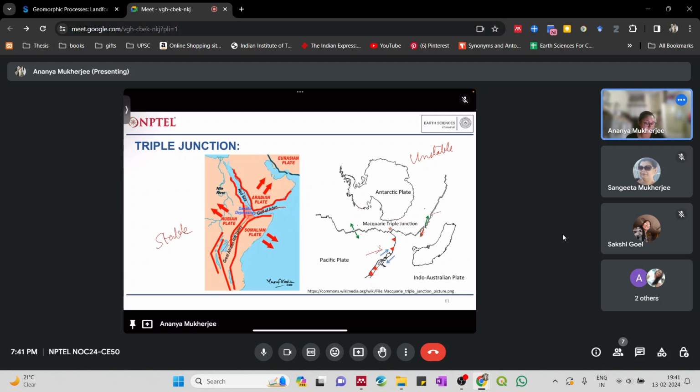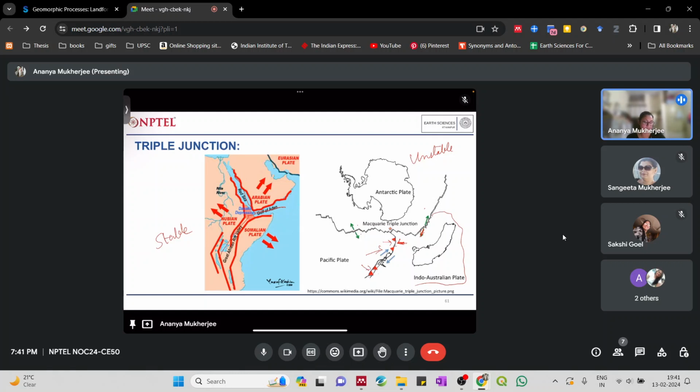Okay, suppose this plate is only present till here. What will happen with time is, over here this plate is getting consumed, because this is the subducting slab and this is the overriding one. Okay, so over here this is going to get consumed, but over here you can see that the